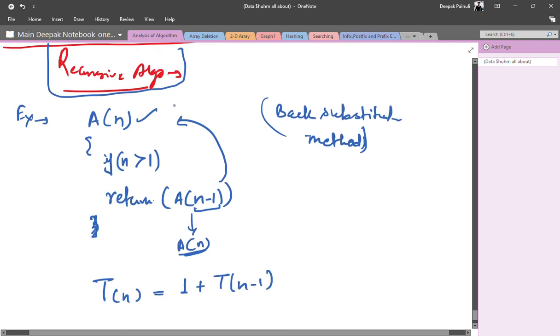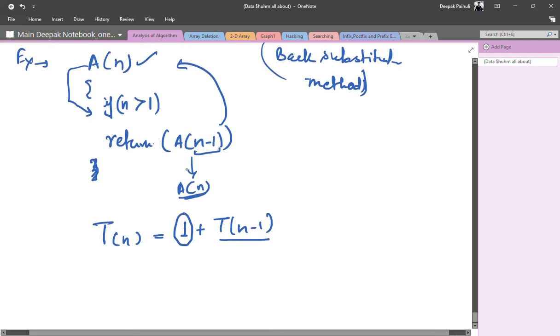Because for the nth value, when it runs the first time, there will be time taken by this first call. After that, inside the function, it is calling itself again. What will happen next time? We can say T(n minus 1) will be equal to 1 plus T(n minus 2), right?